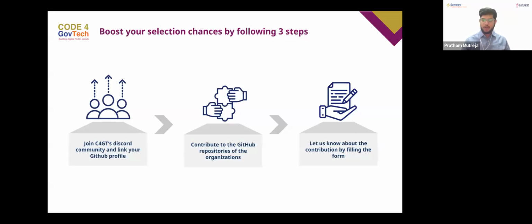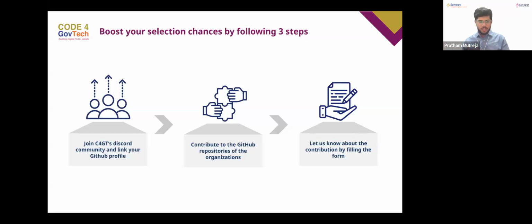Now let's understand how it is helping you. For example, you want to work with Piramal Swasthya. So if even before opening of applications, if you can go and close one of the issues with Piramal Swasthya, then that definitely shows that you have some good experience in open source. And also, in order to close that issue, you would have understood the code base and everything required to close that issue with regard to Piramal Swasthya.